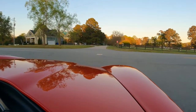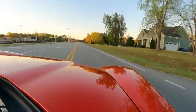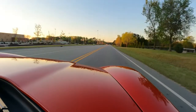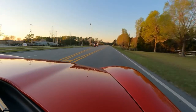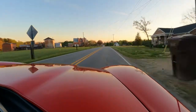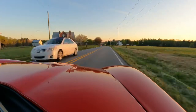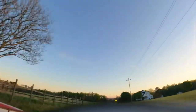ECS 1500 kit. I love the blower whine. You don't get that out of a Roots style. This is a typical, sorry for the wind, this is a third gear pull. We start spinning right at the top of third. You can tell when it really starts to pull because the camera